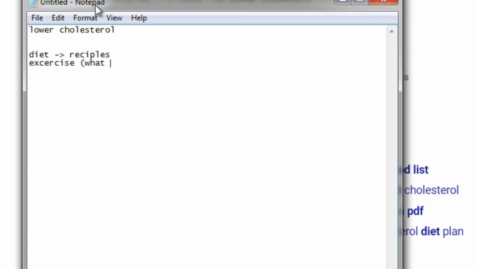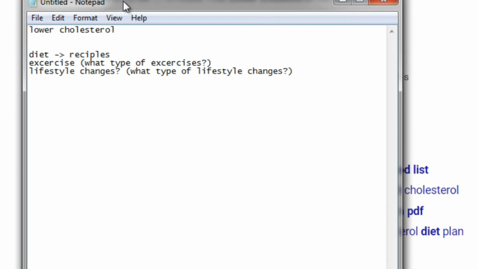You can ask yourself what type of exercise, lifestyle changes, what type of lifestyle changes. As you're beginning to type these out, ask yourself questions that other people would ask, like what type, what if, why, how, or when. So who, what, when, where, how kind of thing.